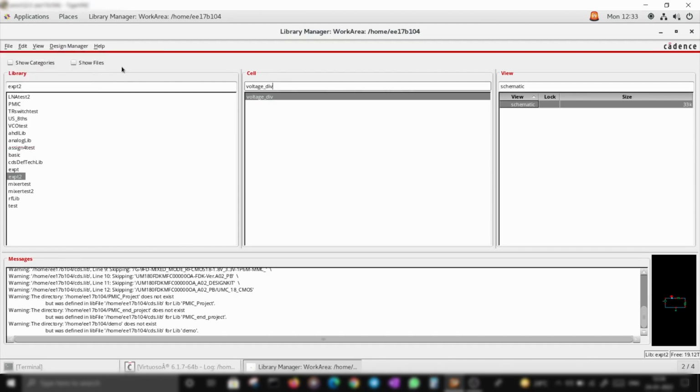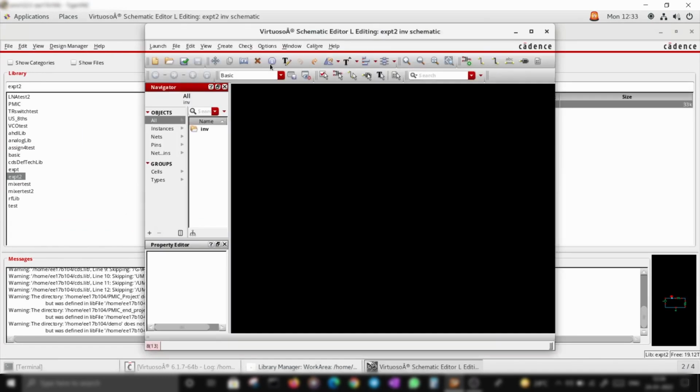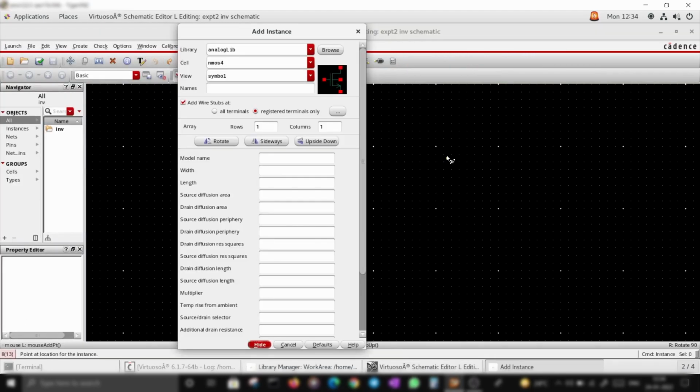File, new, cell view, inverter. I, for instance, analog library NMOS 4, and I have to enter NMOS here because the model says the device is NMOS, and I will go for minimum length and a width twice the length, or I'll just go for some larger width, 1 mu.